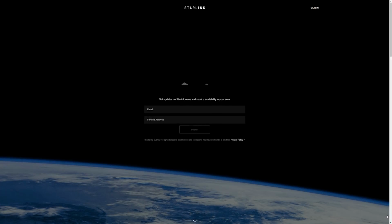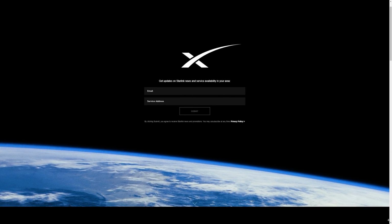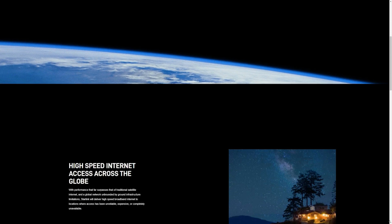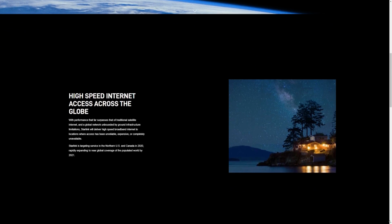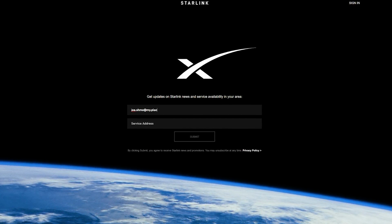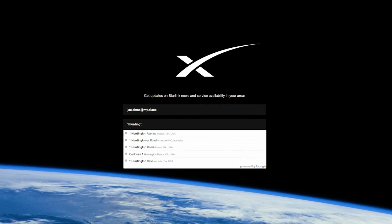Now, speaking of the Starlink project, this week the website began accepting full addresses instead of just zip codes. You can check all that out, of course, from starlink.com. This indicates to me that they are getting very close now to selecting early beta testers in specific areas. If you've already signed up for updates on Starlink, head back and make sure that you've also submitted your address